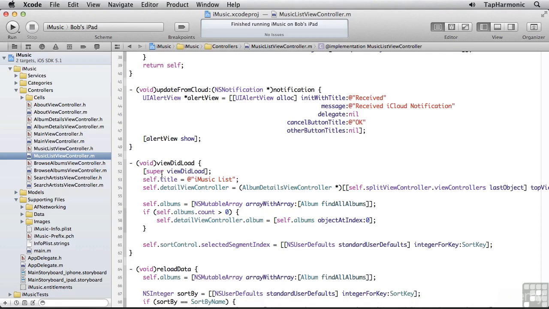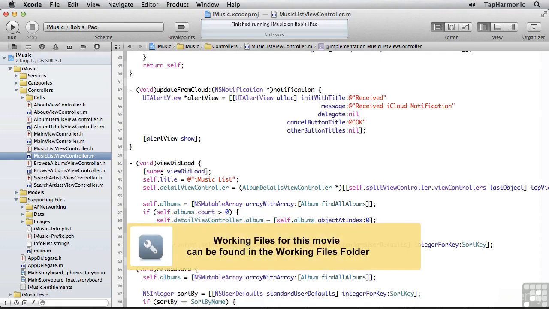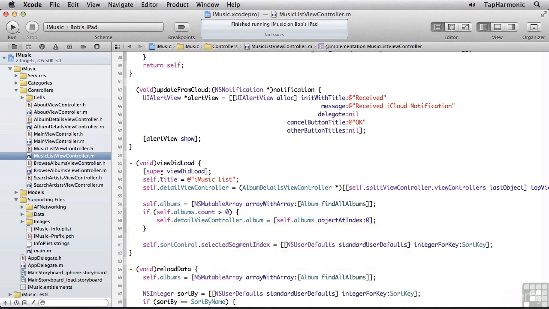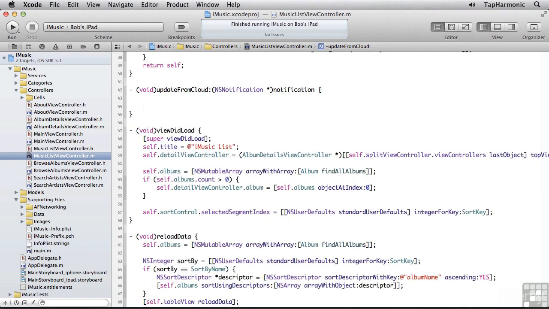We're now set up to be notified of changes made to iCloud's key value store. In this lesson, we'll look at how to synchronize our local state with the changes in the cloud. Alright, I'm going to remove the UI alert view that we're currently showing, and we'll provide an actual implementation for